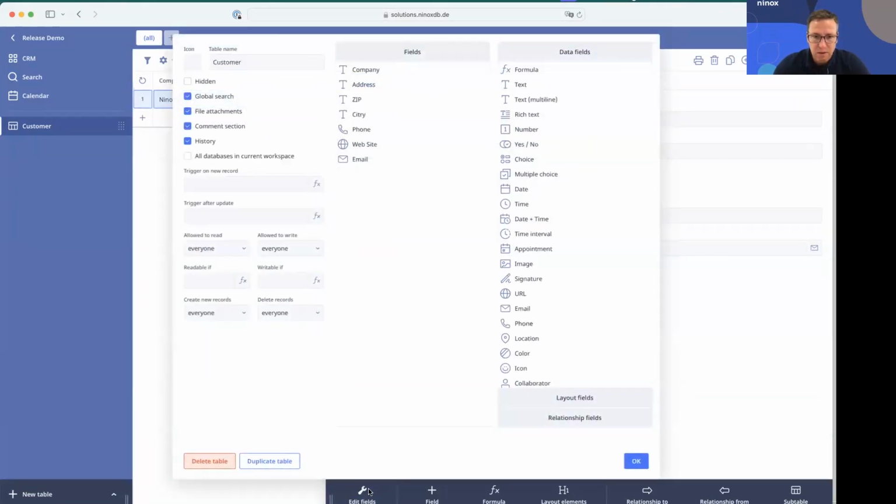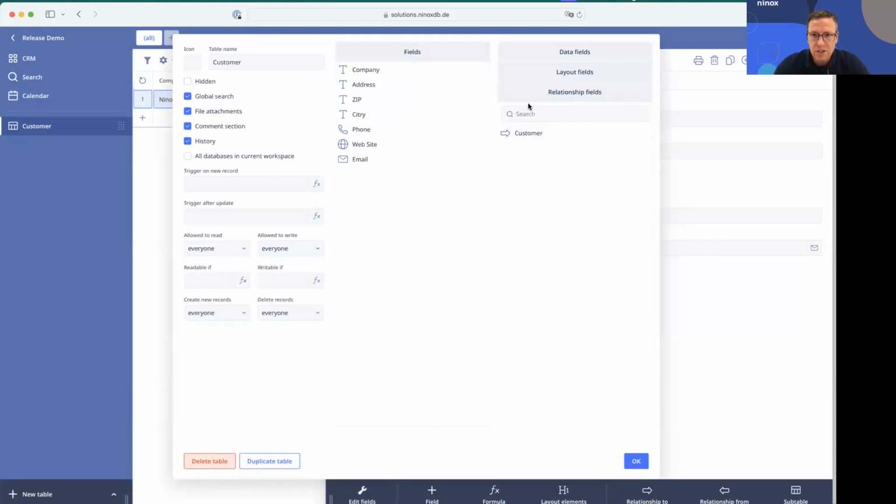So how do I do this? I just go to edit fields. And normally I would go to relationships, but I don't have an employee list here, right? Now with release 3.10, we have this new option, all databases in current workspace, which gives me access to all the other databases which are already created in my workspace. And I can just click into it and see all the tables here, right? So let's drag the employee